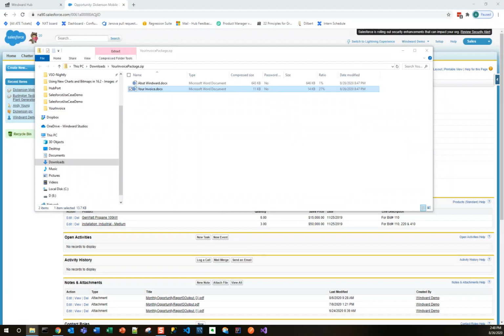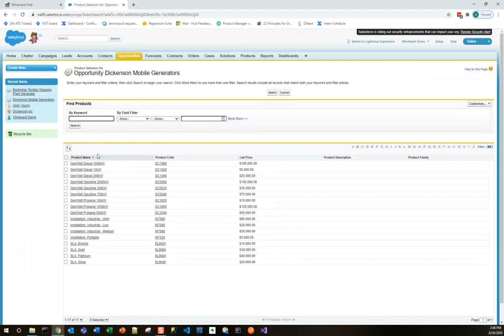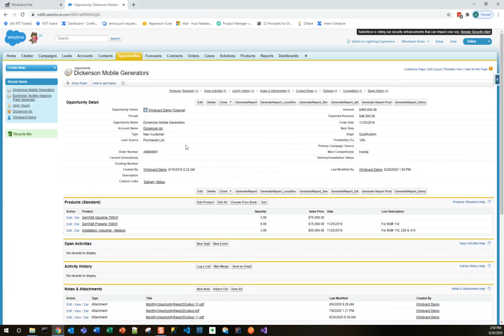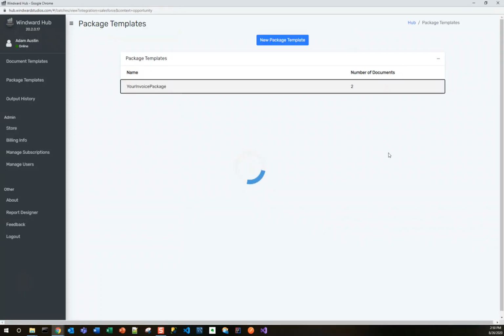If data in Salesforce changes, like for example, if a new product is added to this deal, let's go ahead and add a product. So I'll go ahead and select 750 kilowatt generator, click Select, and we'll say, how about we're going to get 3 of those, and we'll go ahead and save that change. Now when we go to Hub, clicking our Generate Report button here, and request our output of the same package template,